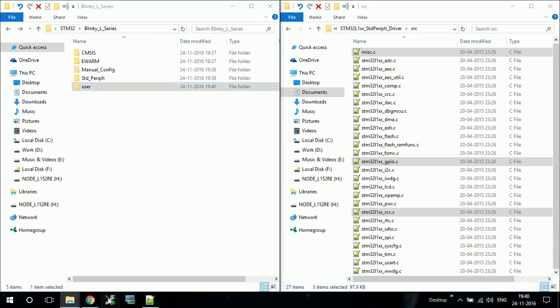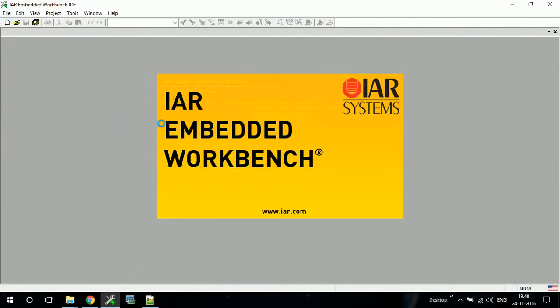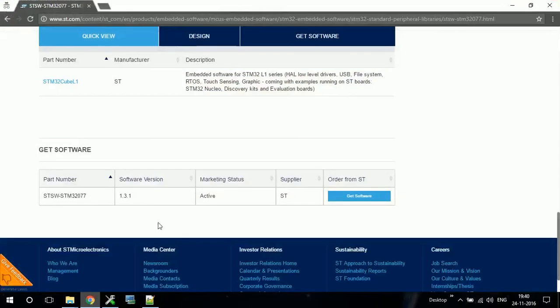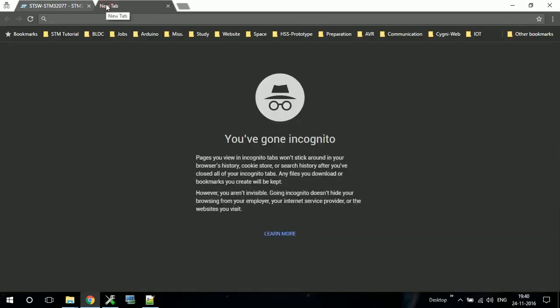Now we'll start IAR and create our project here. Also, on the STM Nucleo board, the LED is connected to PA5, that is port A, pin number 5. How did I get to know this? You can download the schematic for that Nucleo board.